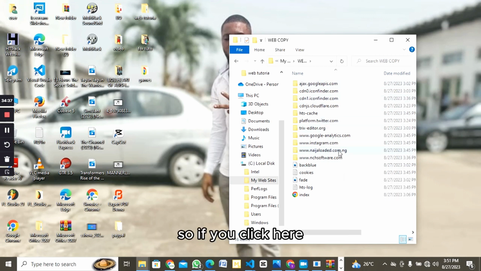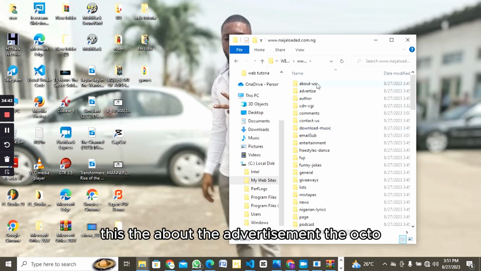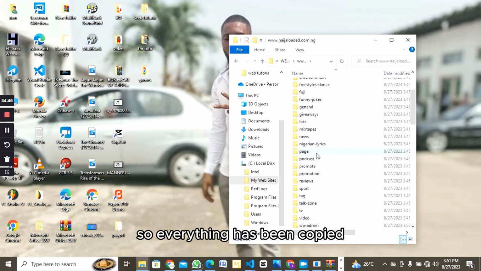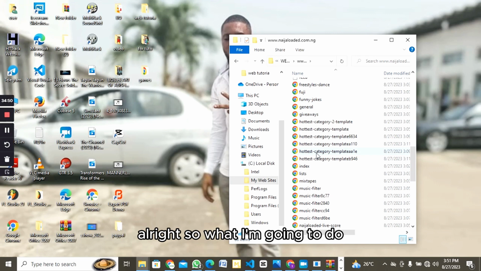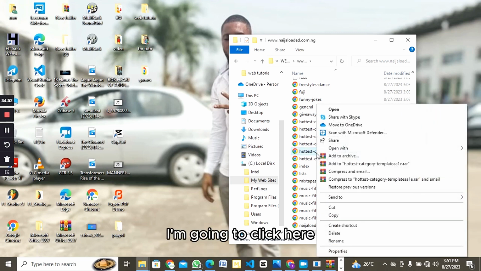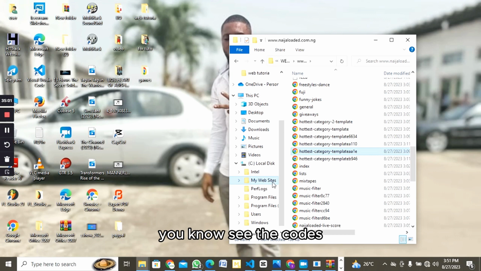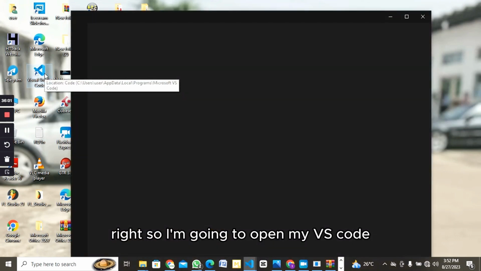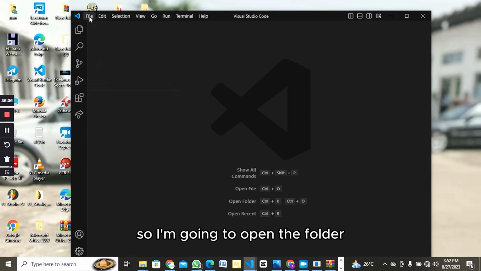If you click here now, in this particular place, you have something like this: the about, the advertisement, the author. So everything has been copied. Alright, so what I'm going to do now, I'm going to open it with Visual Studio Code so we can see the codes. Alright, so I'm going to open my VS Code. After opening my VS Code, I'm going to open the folder,